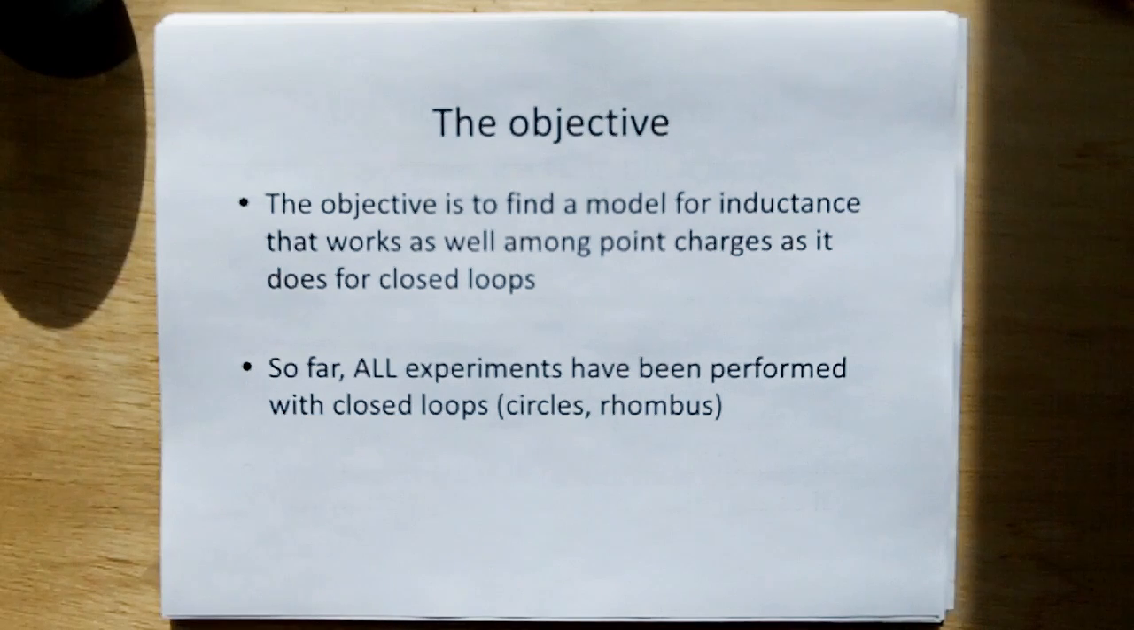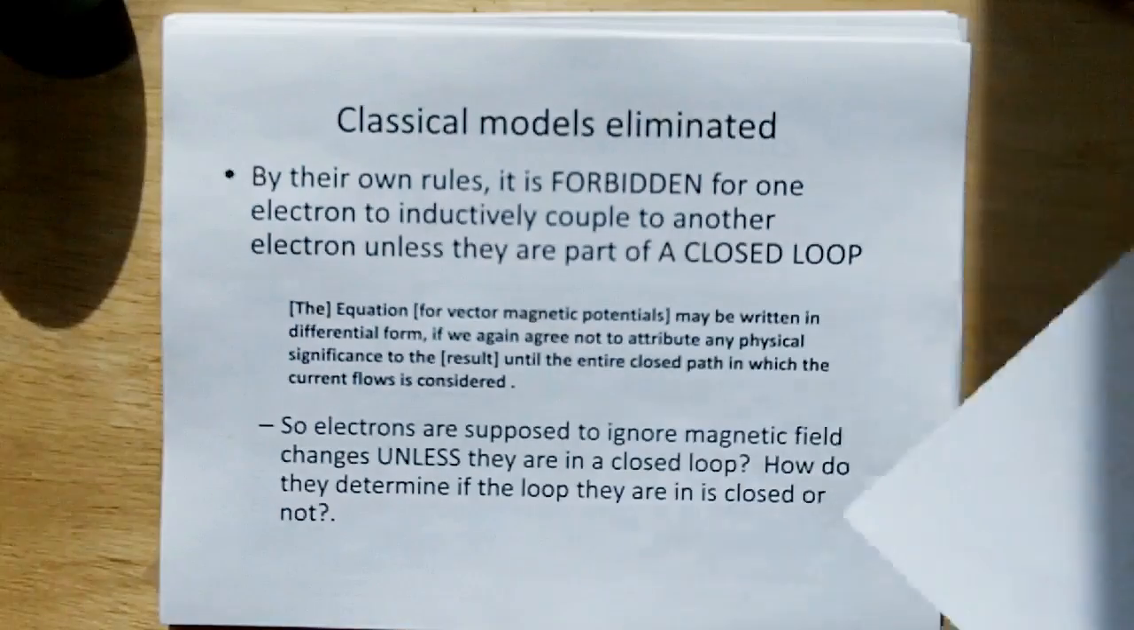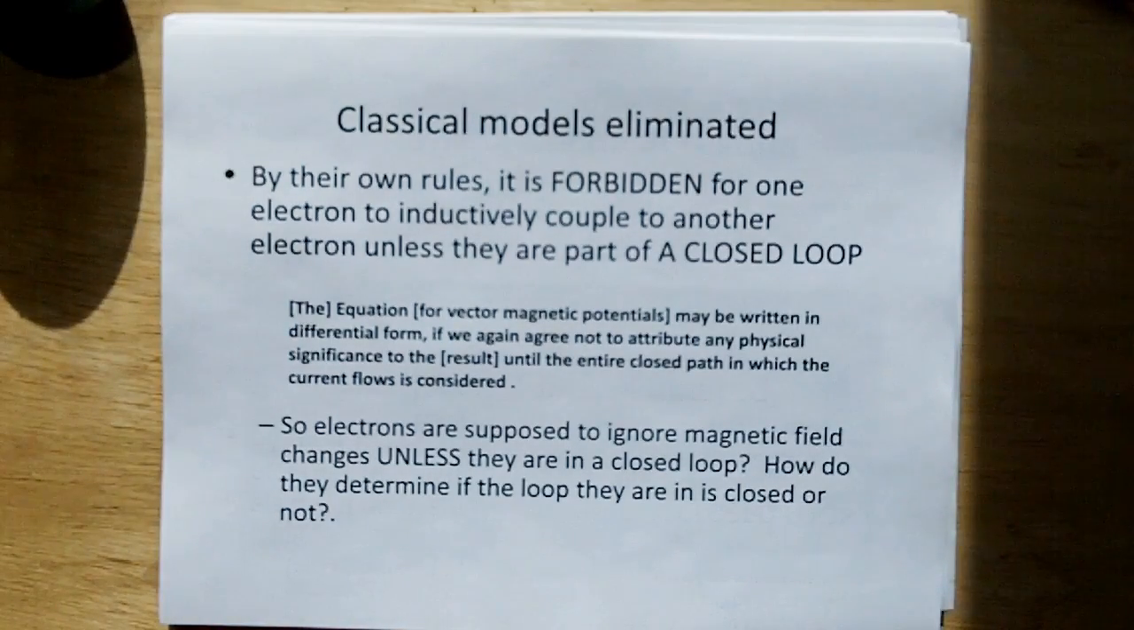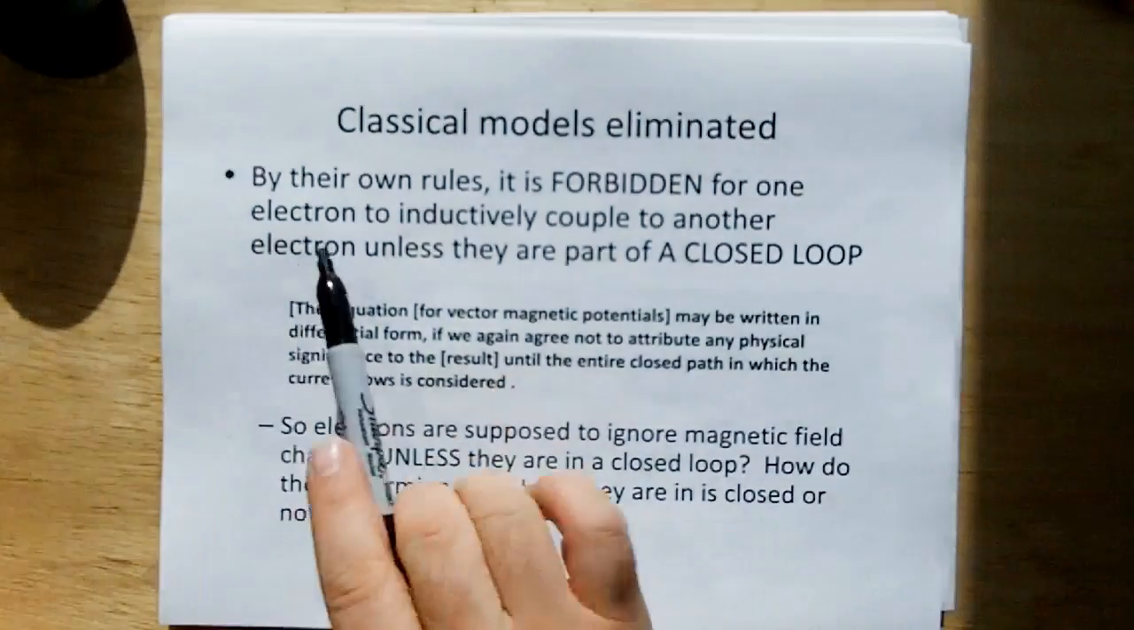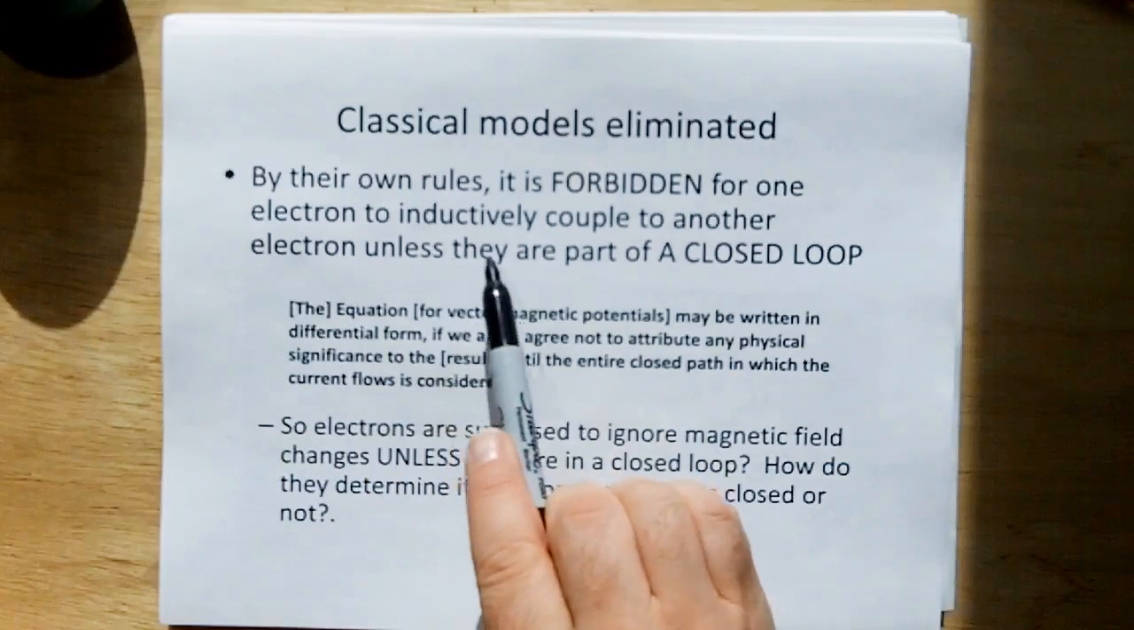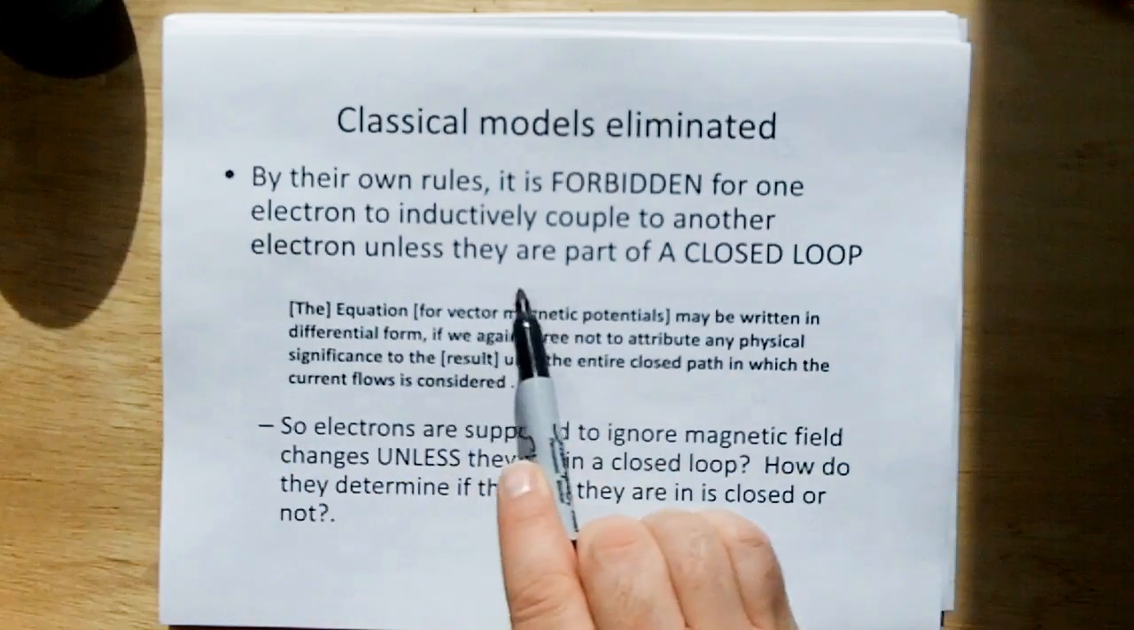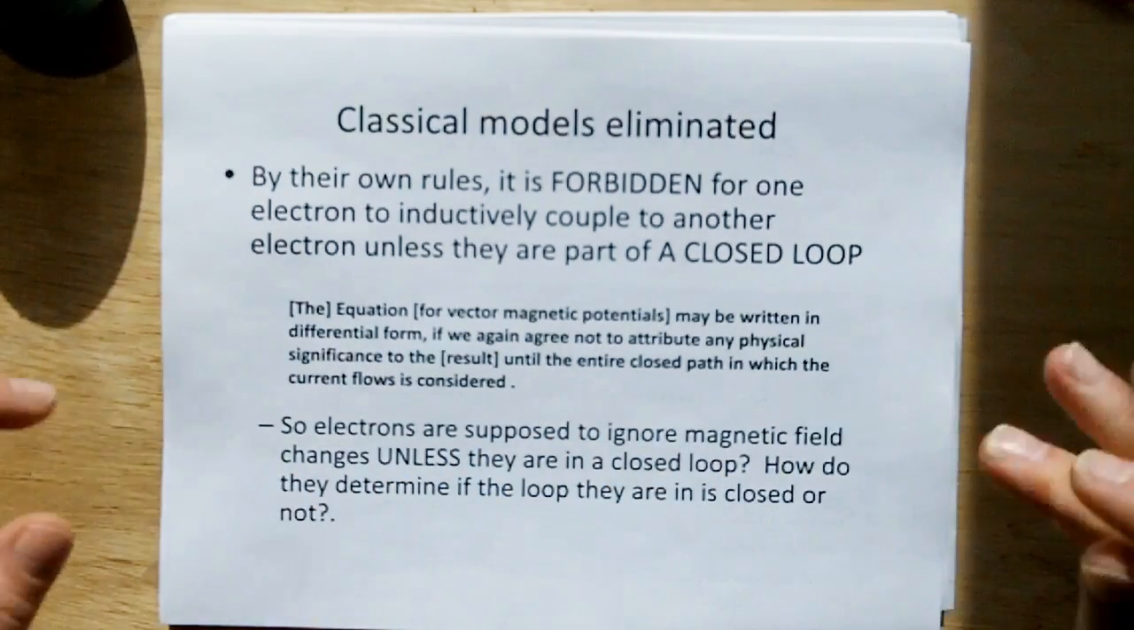So the objective, remember, is to find a model for inductance that works as well among point charges as it does for closed loops. So far, all experiments have been done with closed loops, whether they be circles or rhombuses. Now, classical theory automatically eliminates itself. By their own rules, it's forbidden for one electron to inductively couple to another electron unless they're part of a closed loop. And I'm going to reiterate